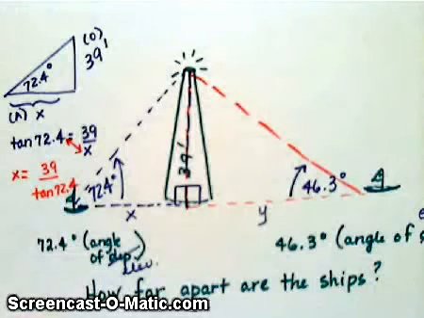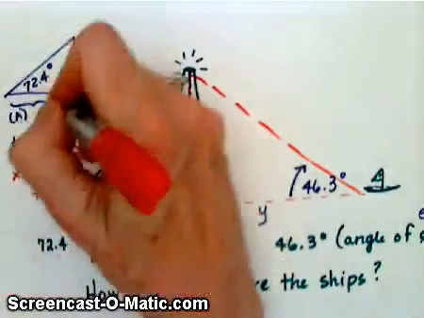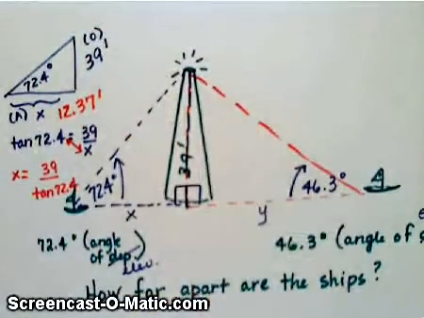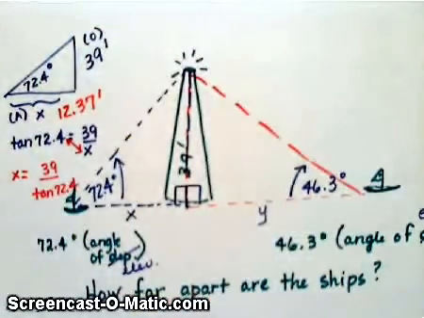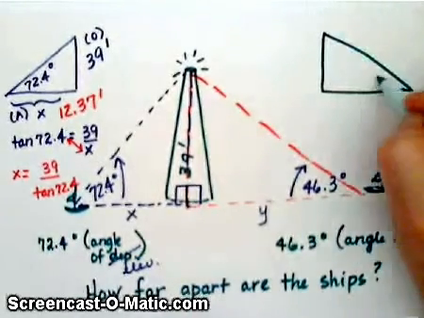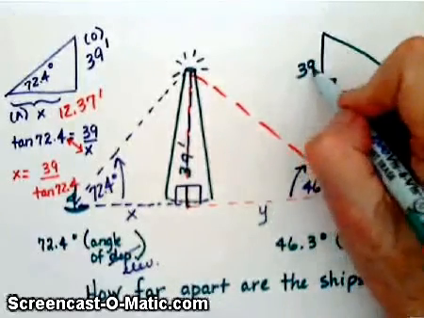So the solution is going to be found by dividing 39 by the tangent. Again, use your trig button and toggle over to tan by the tan of 72.4. And that answer is 12.37 feet. I'm going to write that on here, 12.37 feet. Then switch to the other side. Do the same thing. I'm about to run out of time here, so I'm just going to write quickly. This is 46.3, this is 39, and you want to solve for